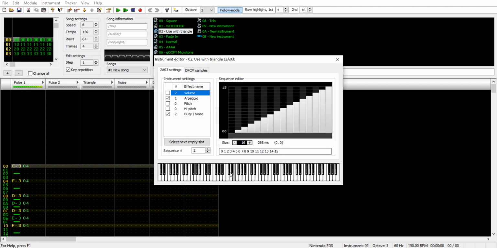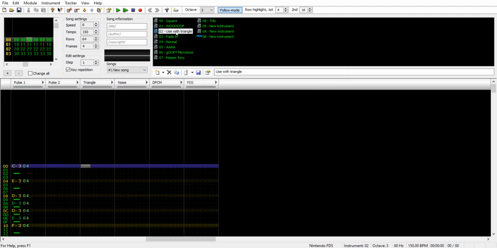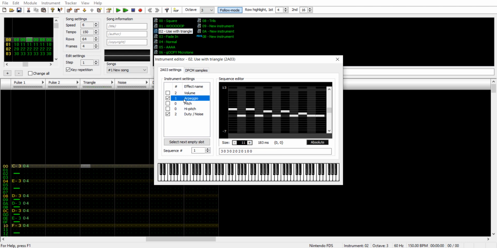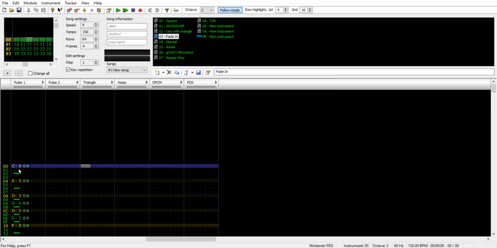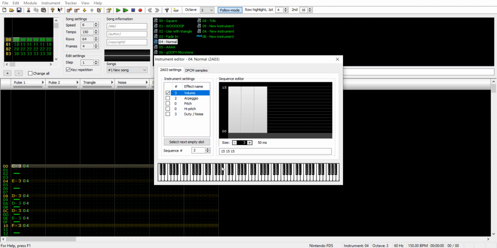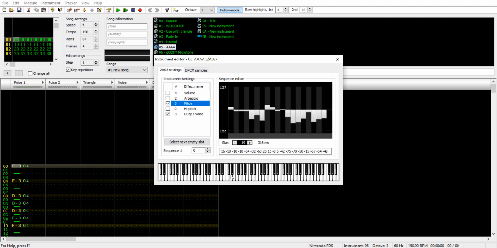Use with triangle. This is inspired by Jarvis, who uses this a lot to kind of accent notes in their chiptune songs. And what it's doing is 2 notes here, 2 notes here, 1 note here, and then that. We also have fade in, which is exactly what it sounds like. The fact that I waited this long to make a normal instrument should tell you how this solo is going to go. We have this,